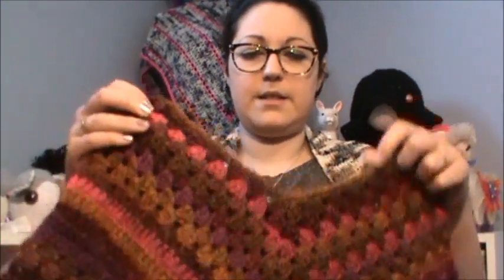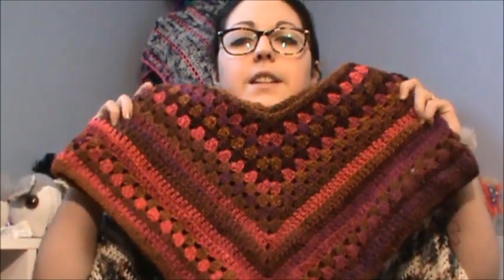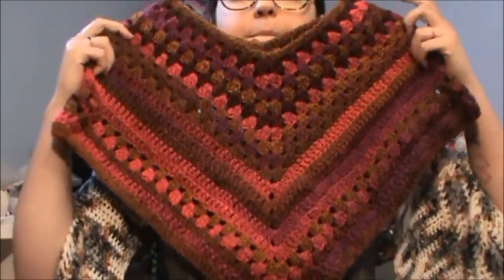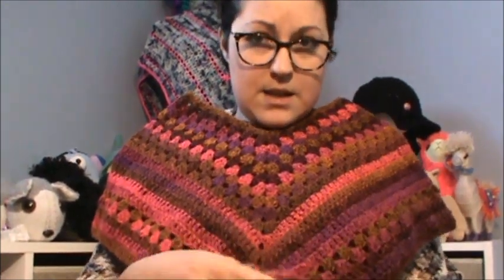So I went to my Old Faithful, and I am working on one of my own designs, which I will link to the pattern down below. And it is my Late Summer Nights poncho. So I started that on Monday. So I have quite a bit done already, and it works up quite fast,